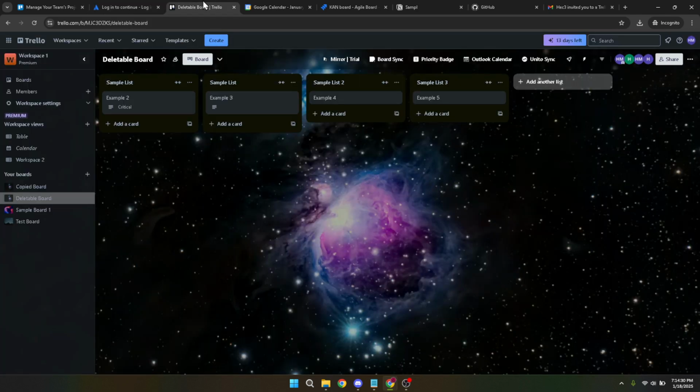Now, navigate to the Trello board that you want to sync with your Outlook calendar. Simply click on the board and you'll see an interface with various options, including a few tabs on the top. Here you'll want to focus on the Power Ups tab, which is crucial for adding integrations and extensions to your Trello board. Click on Power Ups, and this will take you to a section where you can manage the add-ons